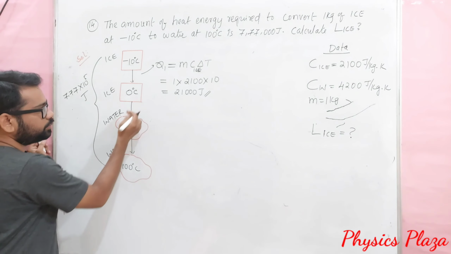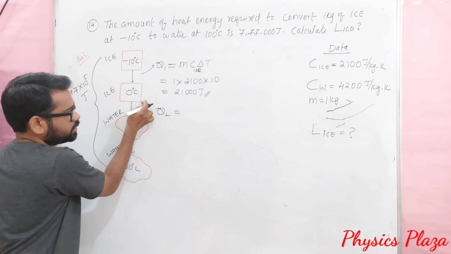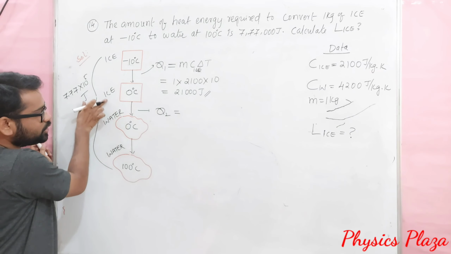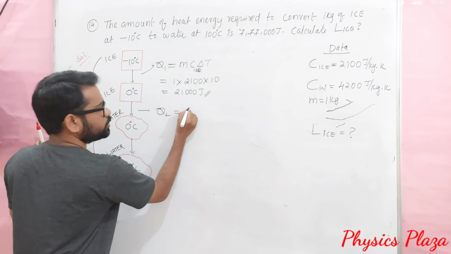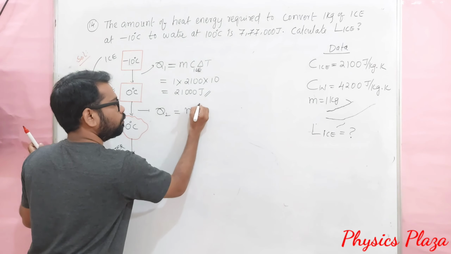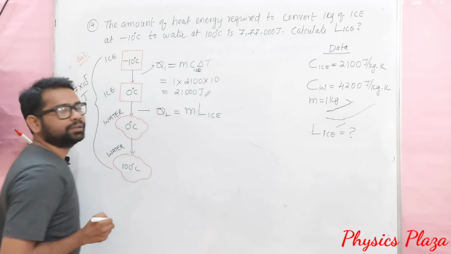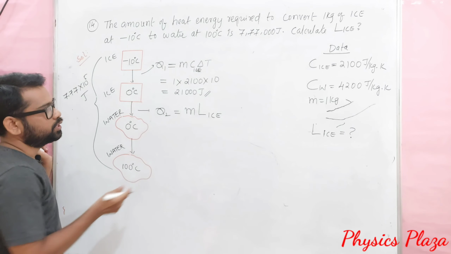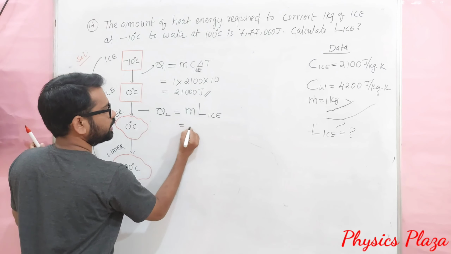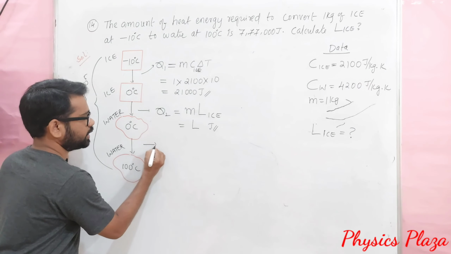Fine. Now let us see the amount of heat energy required in this stage, which is Q2. Here there is no change in temperature, rather there is a change in state. So we have to use Q = ml. What is L here? The specific latent heat of fusion of ice, to be calculated. It's very important. Mass is given as 1 kg only. So it will directly be L joules of heat energy.